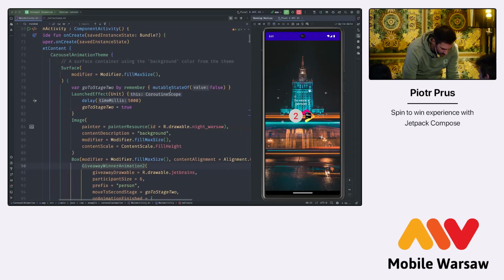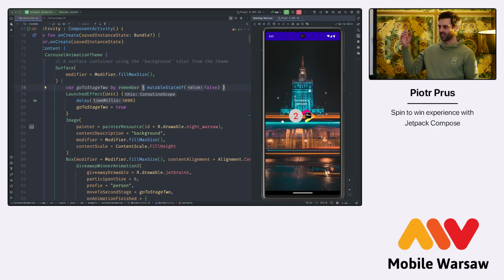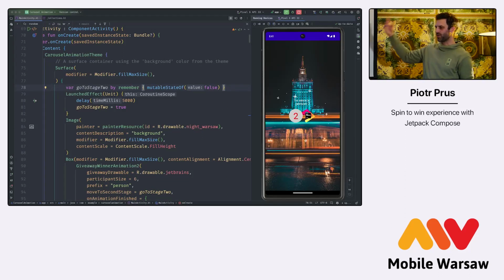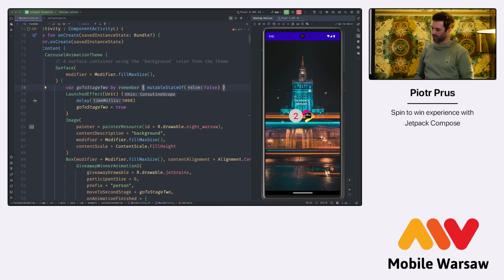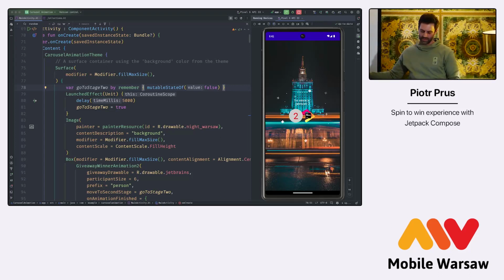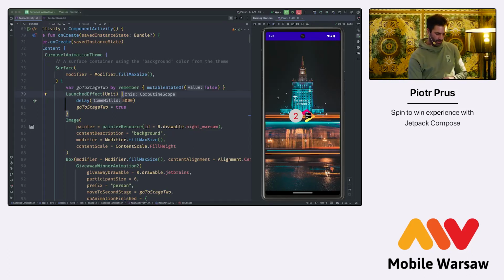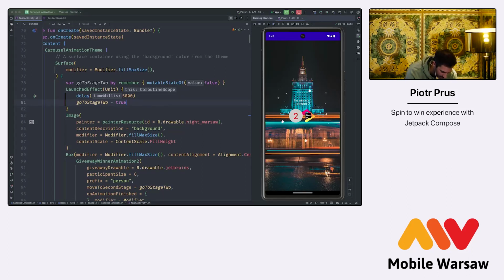Okay, so here I have this go to stage 2 that is normally handled by the backend. We are observing an event from the backend that we are ready with the winner. We are ready with the spin, and we want to go to the second phase. We are doing that to synchronize with iOS to show this reveal at the same moment. But for the purpose of this demo, I just made it delay for 5 seconds, and then I'm changing this go to stage 2 to true. And when that is happening,